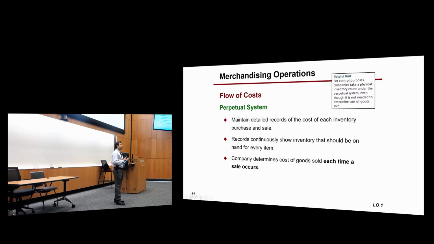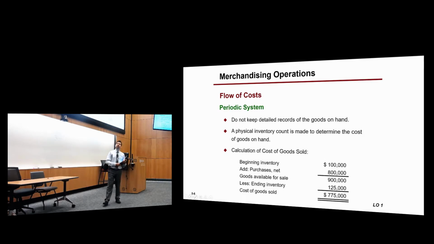The difference is that during that time, they have more or less updated information. They don't have to wait until the end of the month to know how many items they still have in their inventory. It's not going to be 100% accurate, but it's still better than having just the balance from last month. That's the idea here.